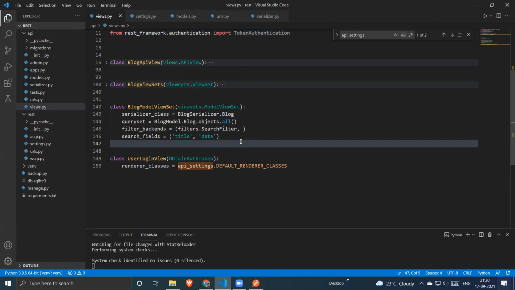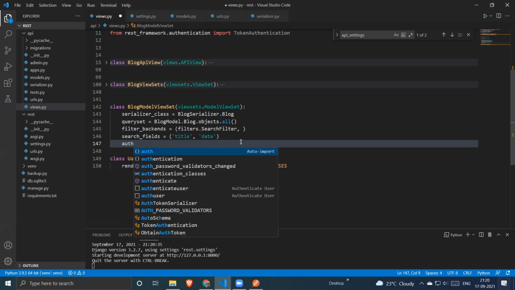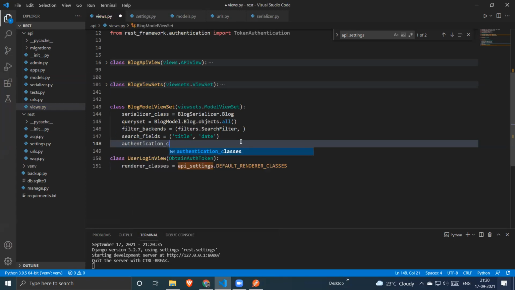So in the API view or model view set, what you need to do is define a class attribute, authentication_classes. Make sure the keywords are correct. Usually I use camel case, but when defining generic keywords you use the underscore, not camel case.